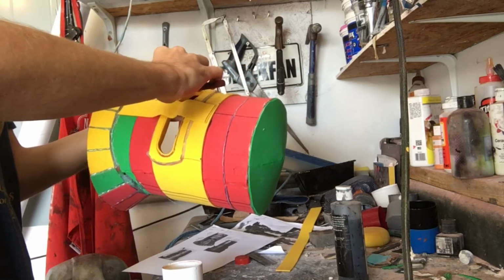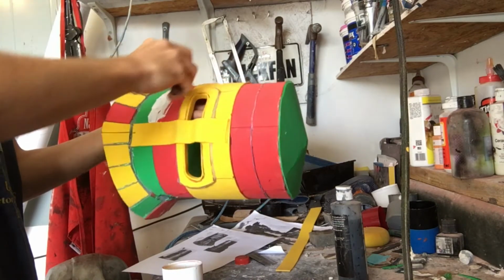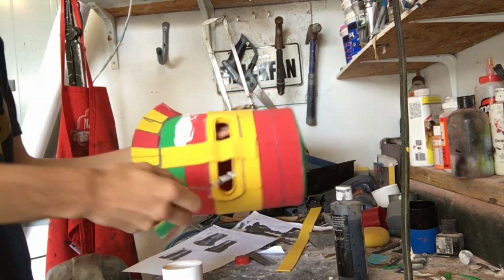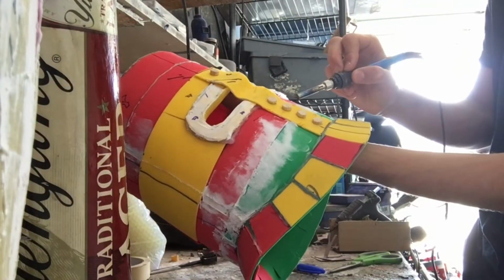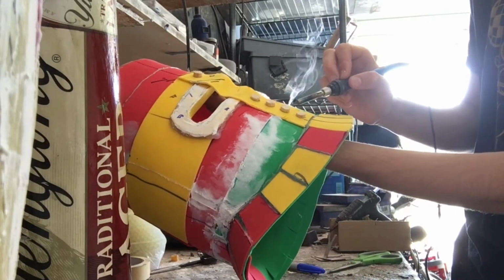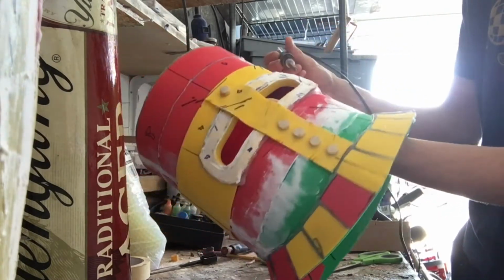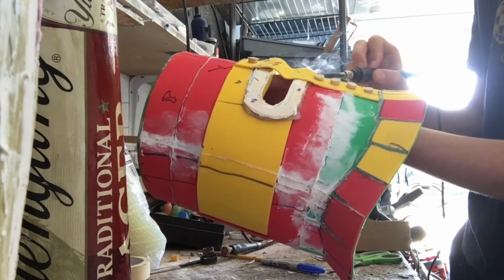And I just applied this all with this spackling knife that I bought just so that I don't have to sand it as much, but you guys could definitely use your fingers or a piece of cardboard or something. Then you can go through and battle damage it using a soldering iron or a wood burner and just carving in a bunch of lines and stuff just to represent scars and dents and stuff that this helmet might have